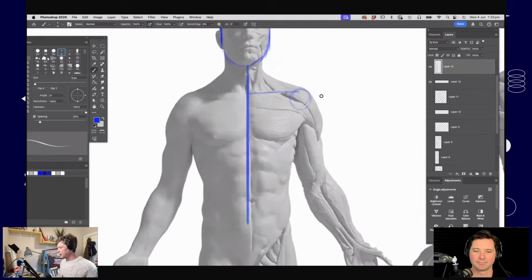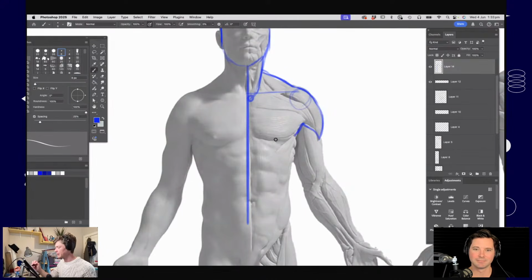Okay, I think I'll start with the neck. There's an awful lot of muscles in the neck. They connect at the base of the skull and go down, and a lot of them wrap around from the back of the neck down into the top of the sternum there. So I'm going to draw one big line there. We've got all sorts of muscles on the back of the shoulder, and they all connect to the back, so you only see the top of those muscles if you're looking from the front.